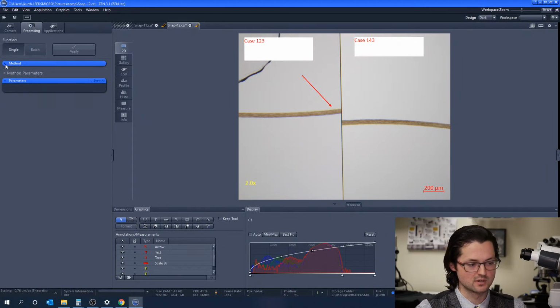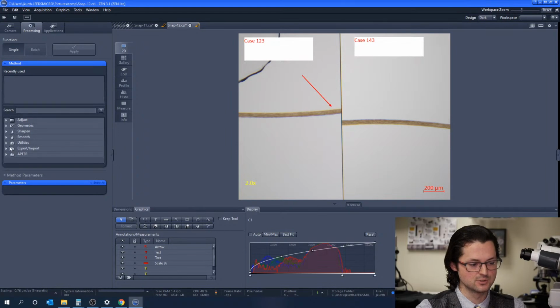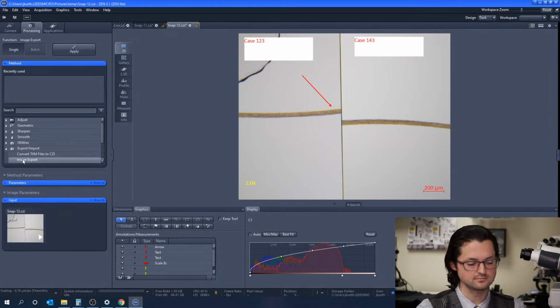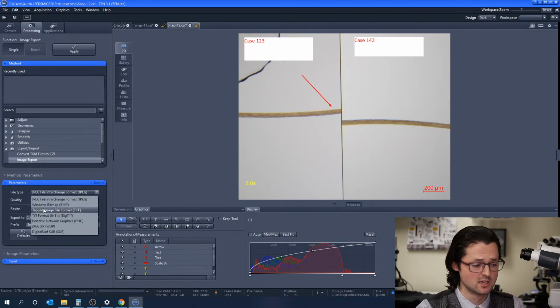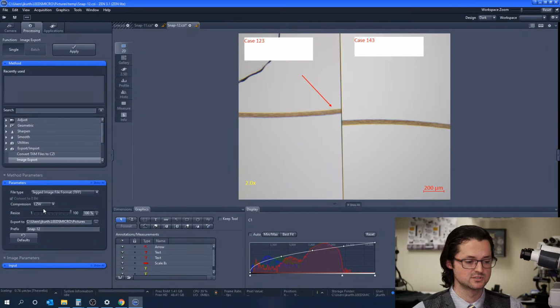And what we're going to do is open up our method, and we're going to choose Export Import. And we're going to choose Image Export. So what we're doing is we're setting it up to spit out the export. Then we're going to go over to Method Parameters. And this is where you choose your file type. So if you wanted to change this from JPEG, some labs require everything to be saved in a lossless format, so that would be TIFF. So you can use TIFF, and then you can name it however you'd like,